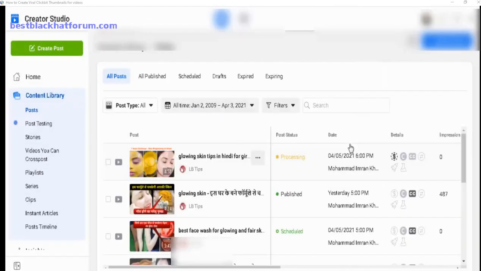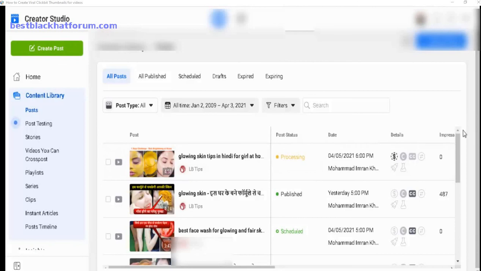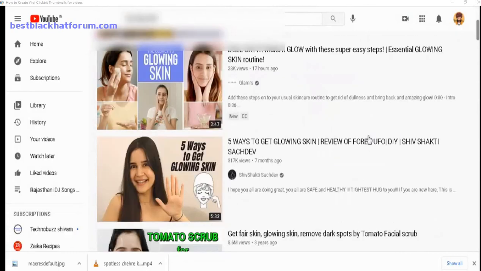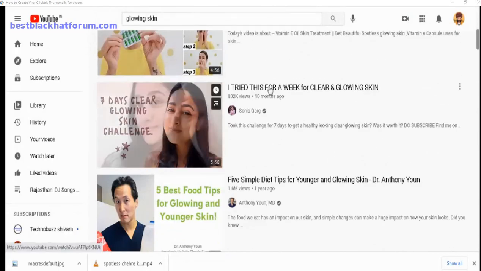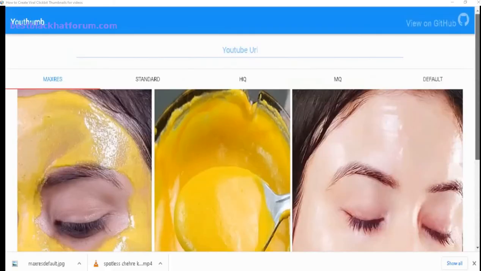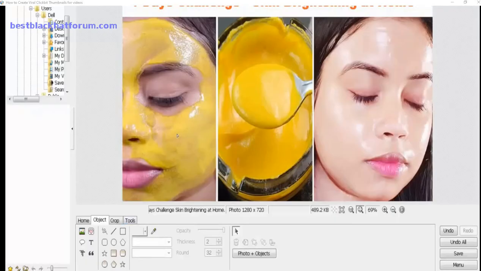So this is the method how you can find the best and viral thumbnail for your YouTube video. For any thumbnail you like, you only need to copy the video link, go to uthumb.net and paste the YouTube link here, and you can download its thumbnail, and you can recreate this thumbnail again.